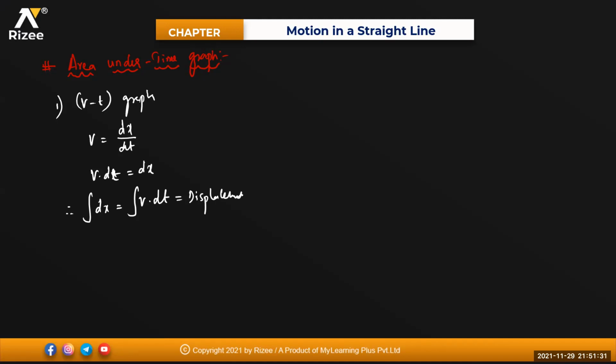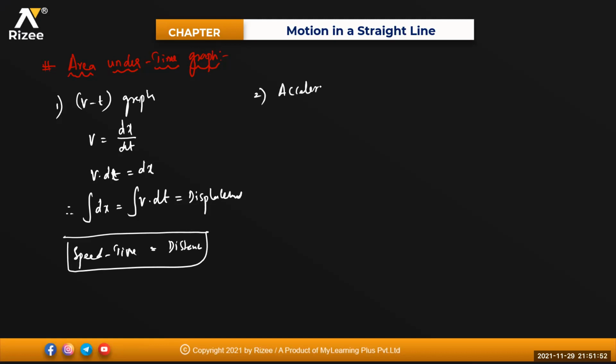Speed and time relation will give me the distance. Speed-time gives me distance, make sure of that one. Velocity versus time will give me displacement. The same way, if I'm talking about the acceleration versus time graph,